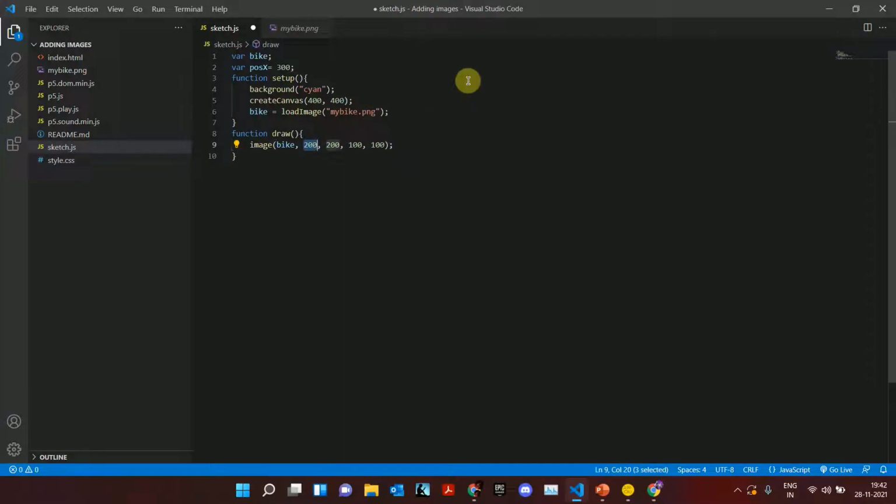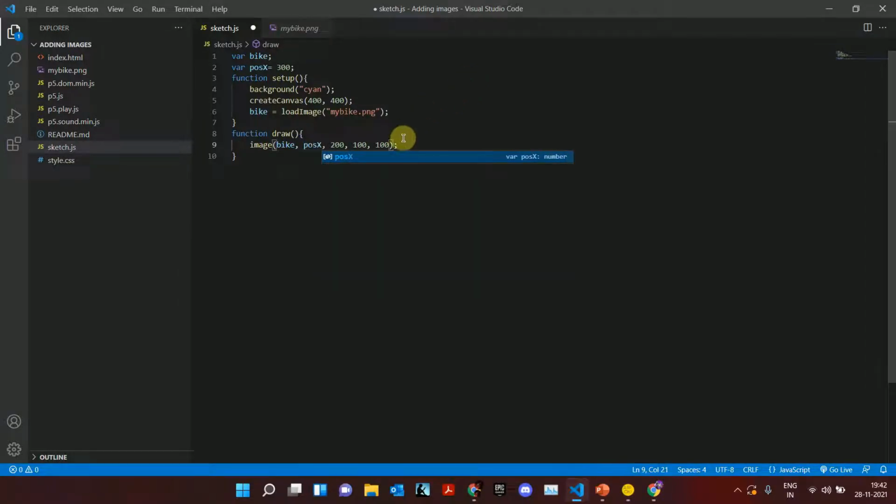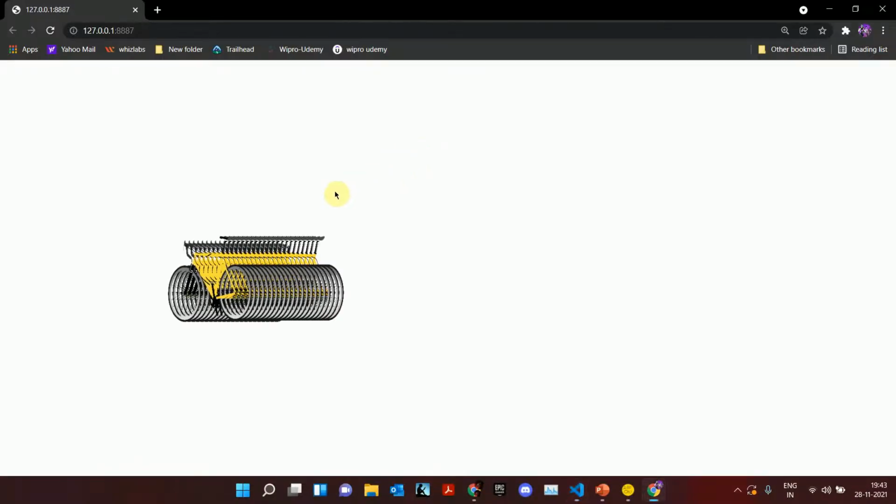I'll assign it to the bike's x position. Now I want to decrease this variable, so if I continuously decrease this variable, you'll see that the bike seems like it's moving. So I'll go ahead and do that. posX is equal to posX minus equal to, let's say, 5. So if I go ahead and run it, you will see that our bike is moving, but